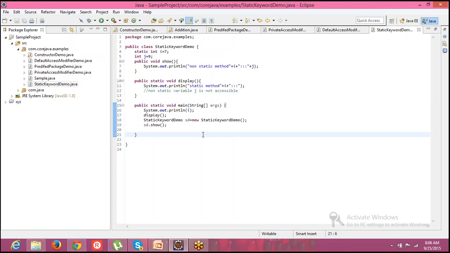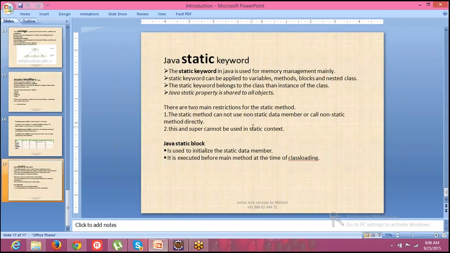Okay, so let's go back to our slide. See here, there are two main restrictions for the static method. What are they? The static method cannot use a non-static data member, which we have already learned, or call a non-static method directly.